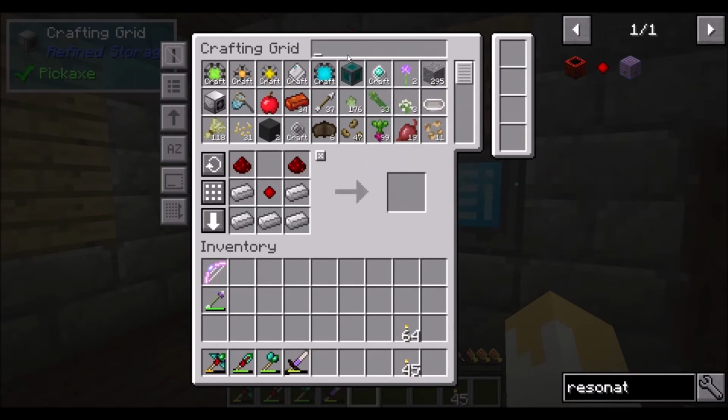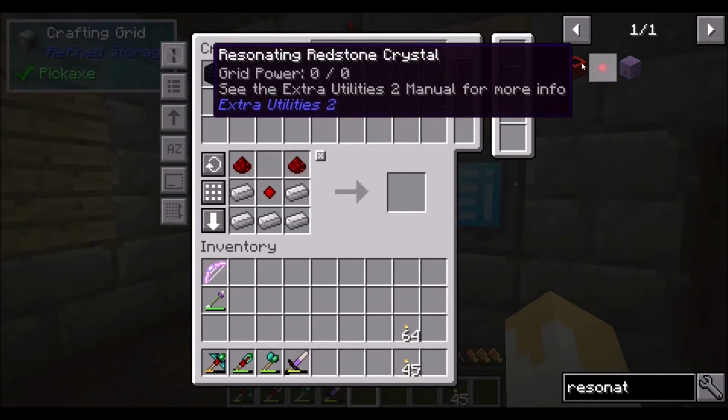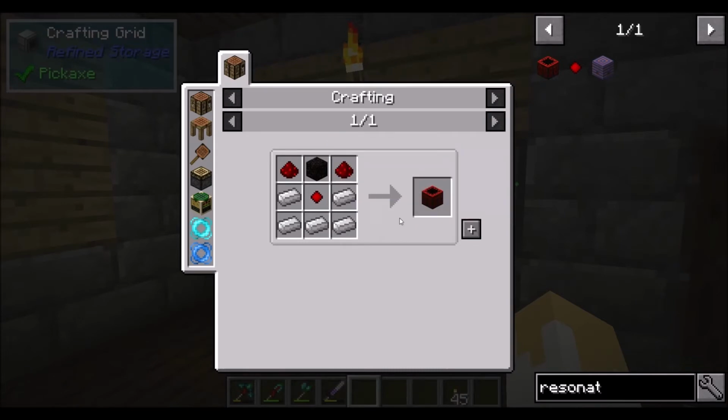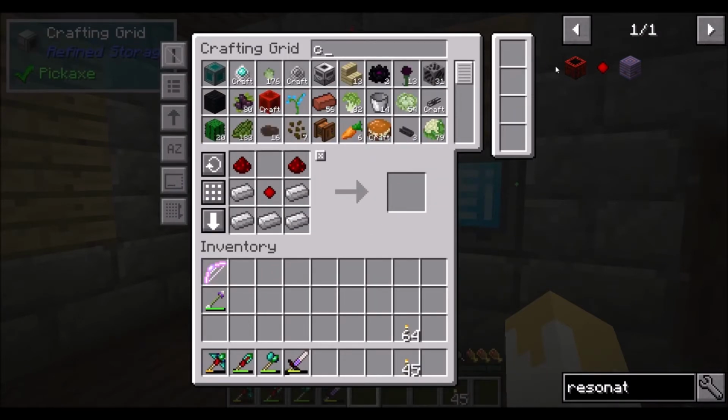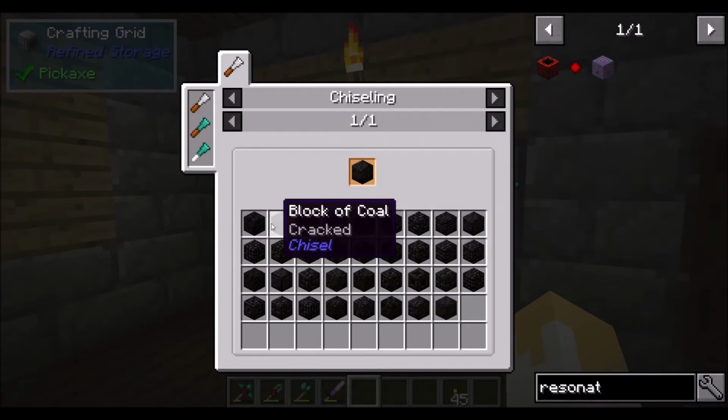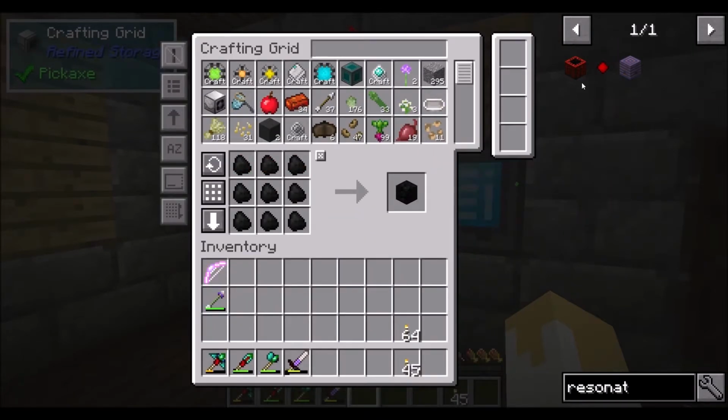Oh, and we don't have any obsidian? Isn't that what this is? Oh, it's a block of coal. Well, let's just do this. Okay, now we have a resonator,